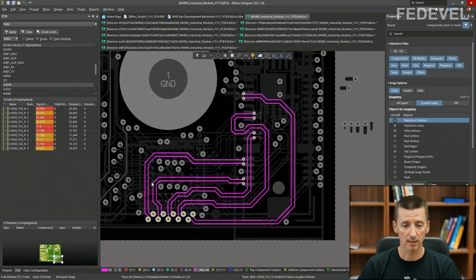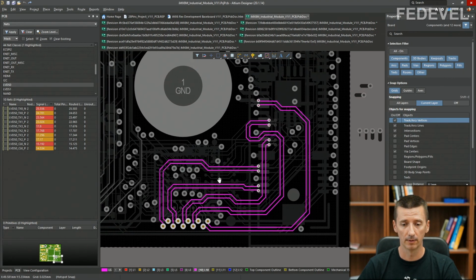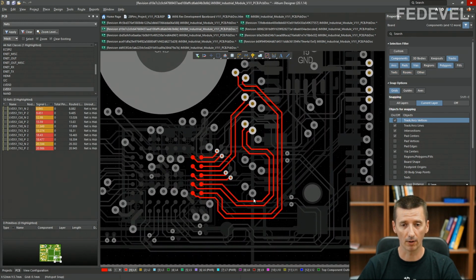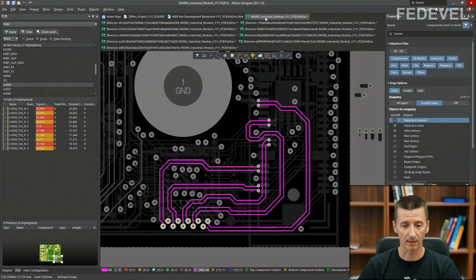Again, notice how far the differential pairs are now routed from each other, and there is enough space to do length matching if it is needed. Okay, so when you compare it with how it was done before, everything is much better now.